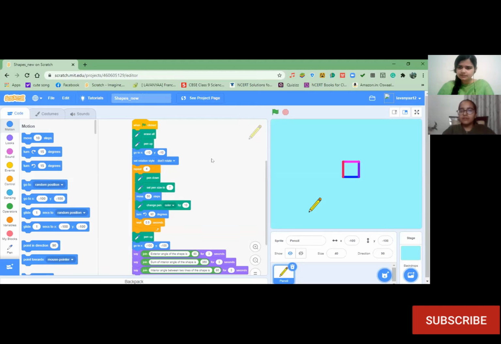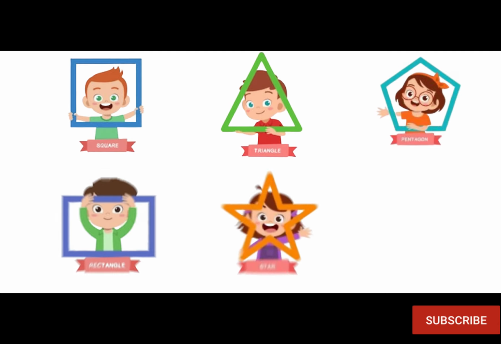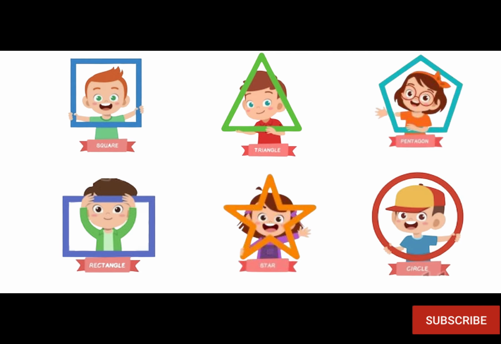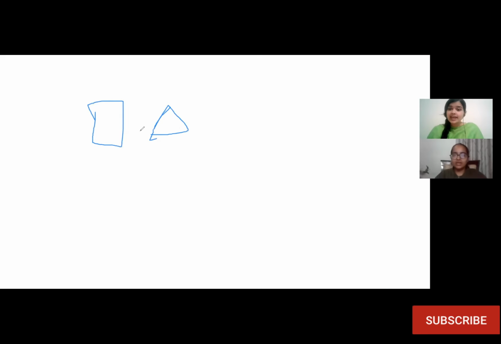Yeah, I am confused between how it is able to calculate the angles. All right. Let me help you out with it. You can stop sharing your screen for now. So what happens, Lavanya? You made a square. Similarly, we have triangle, pentagon, and so many closed shapes, right? What are they known as? They are known as polygons. And every polygon can be drawn when we know about its angle, right?